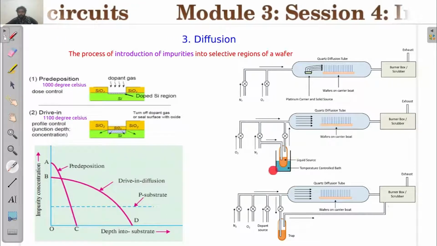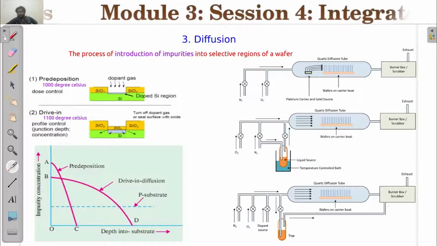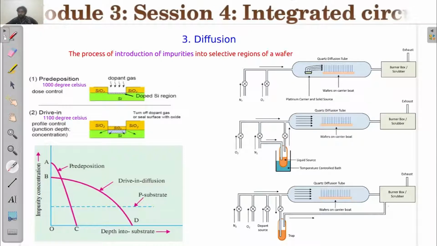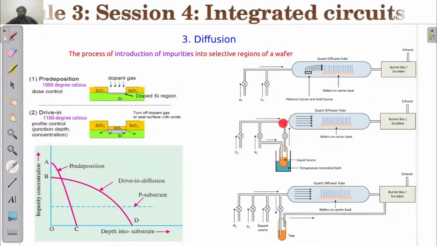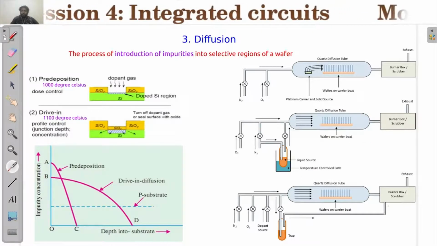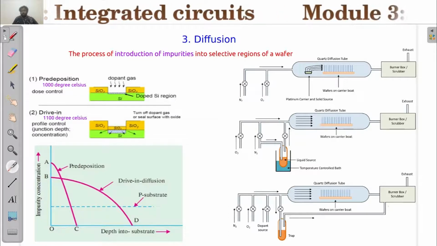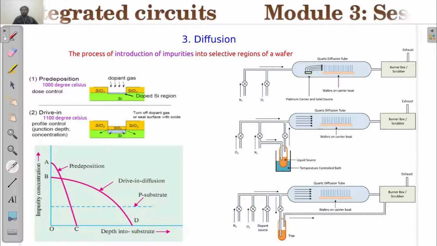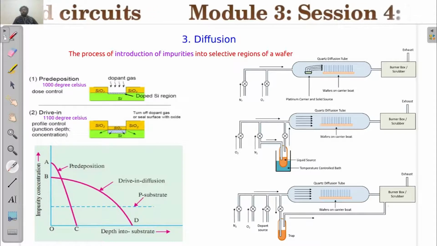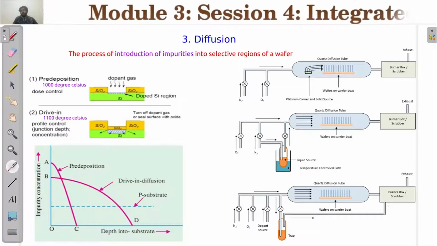So it is kept in a temperature controlled bath just because we don't want it to vaporize altogether. We will be introducing it in a controlled fashion. You have valves here, and those valves will be controlling the amount of gases that are entering the quartz diffusion tube. So this quartz diffusion tube will be hosting a quartz boat, and that quartz boat will be holding the vertically stacked wafers. So the wafers will be subjected to the vapors that are coming from the inlets, and they get into the process of diffusion.